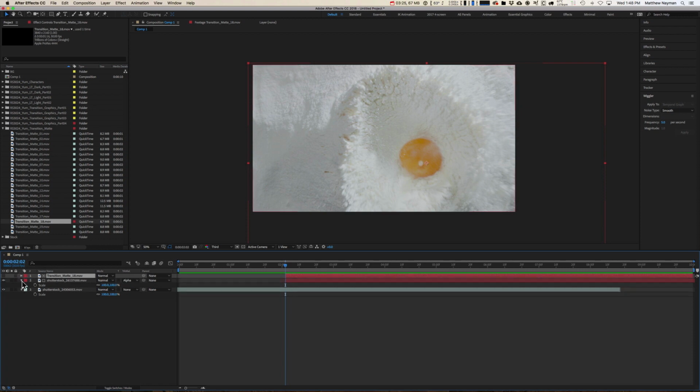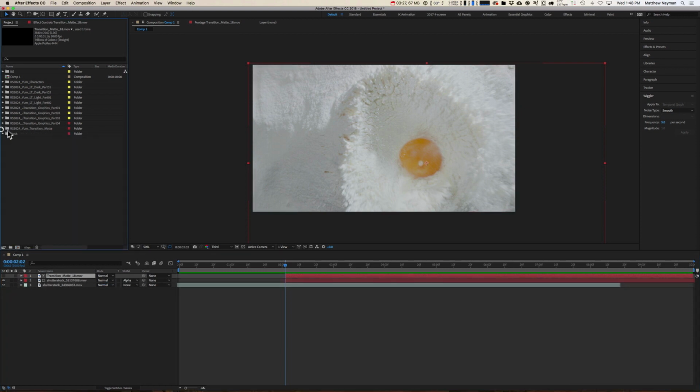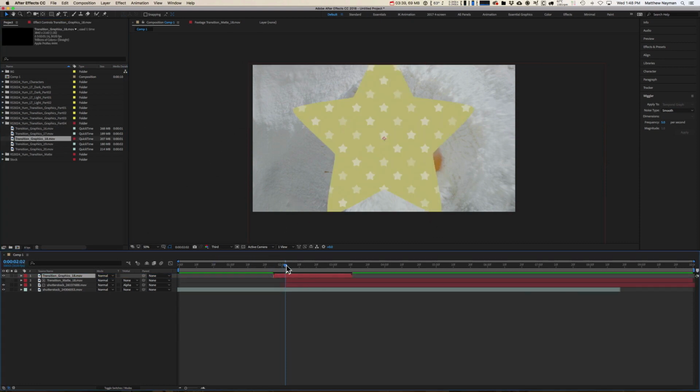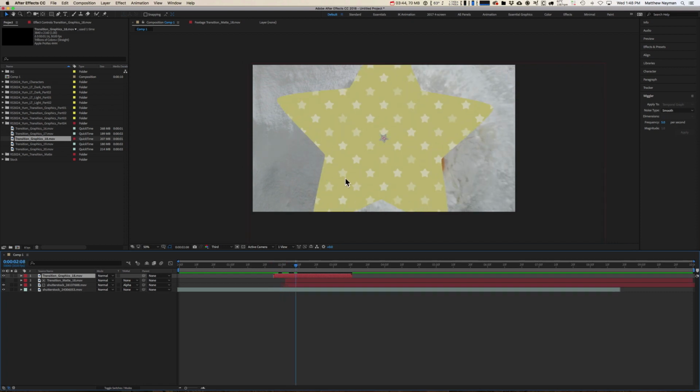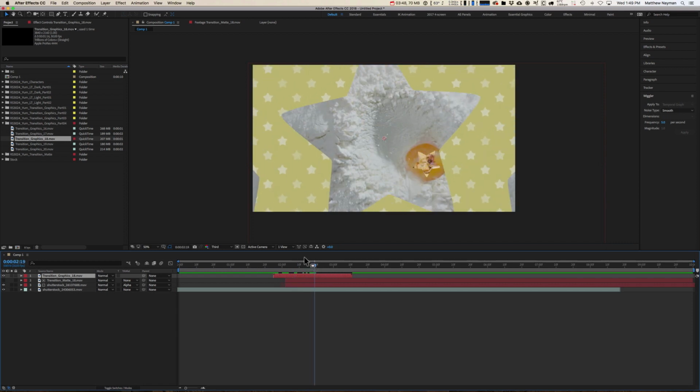Let's also look at a way to spice up our transition a little bit. Provided in the Yum pack are a bunch of pre-rendered transitions as well. If we jump into Transition Graphics and jump down to 18, I believe you'll see we have a very similar looking star effect. This one, however, is pre-rendered with small stars in the background, and it opens up after the fact, which is